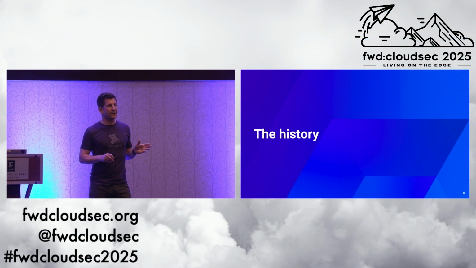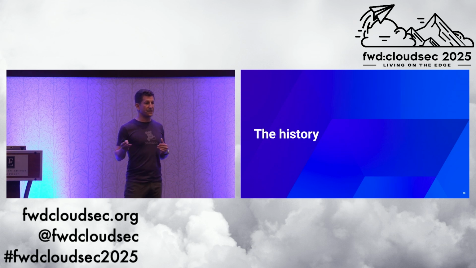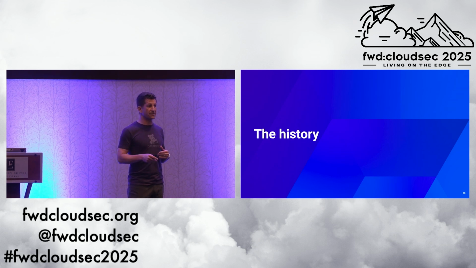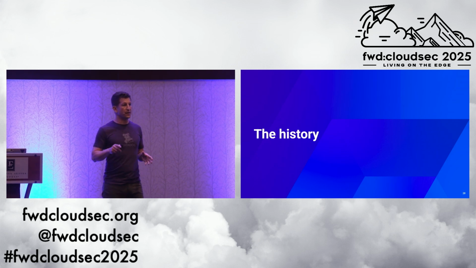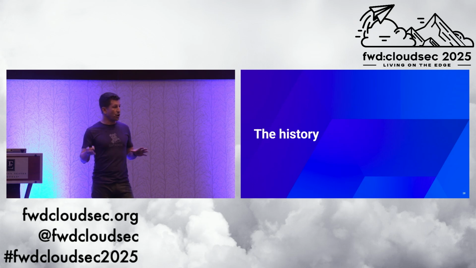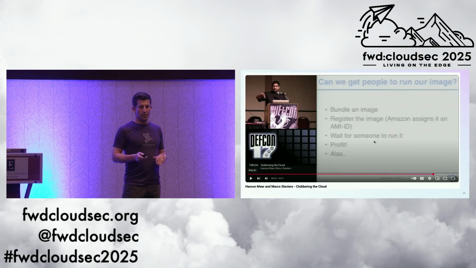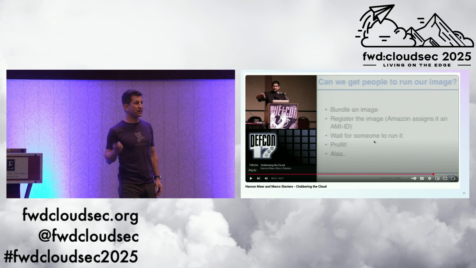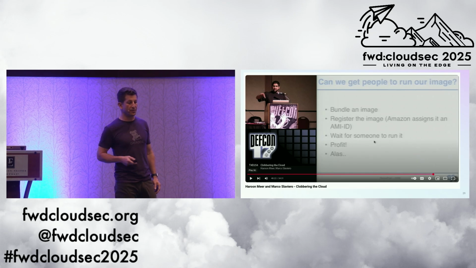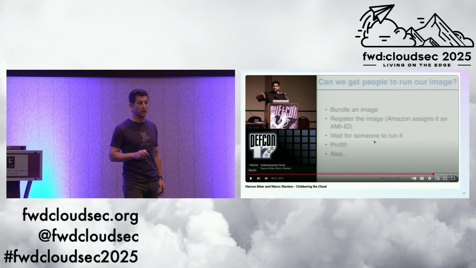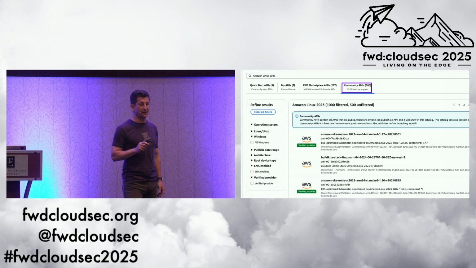So let's take a step back, because believe it or not, this is not the first name confusion attack targeting AMIs. I had been thinking about targeting infrastructure as code and code in general, but I believe the first attack, the honor goes to Haroon Mir and Marco Slaviero, and I actually found this out reading Scott Piper's blog that he wrote in 2021. So they were targeting users of the AWS console back in 2009.